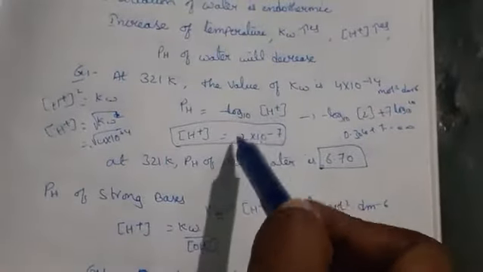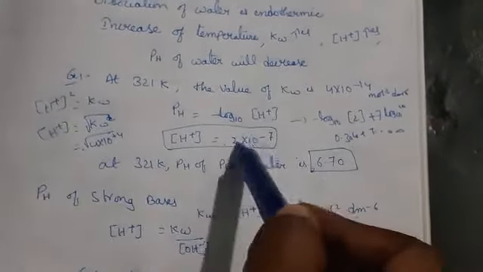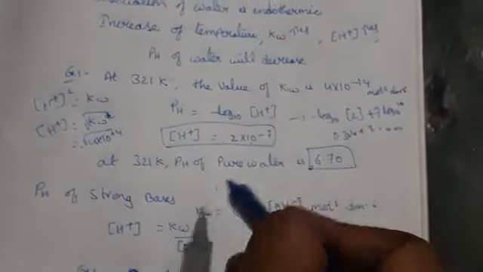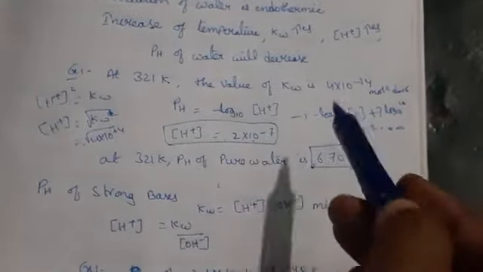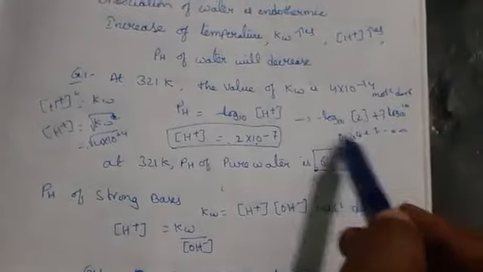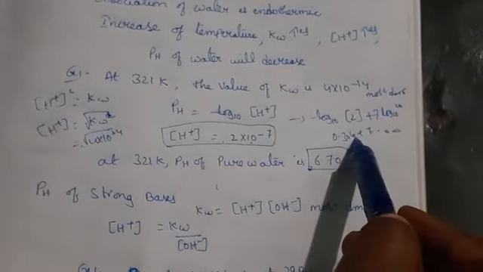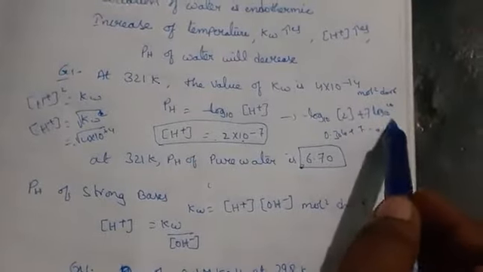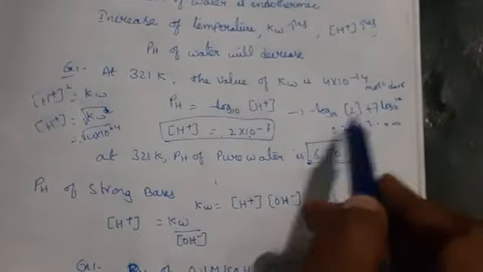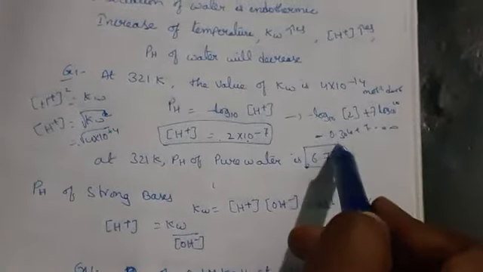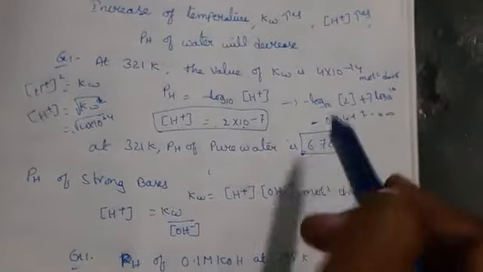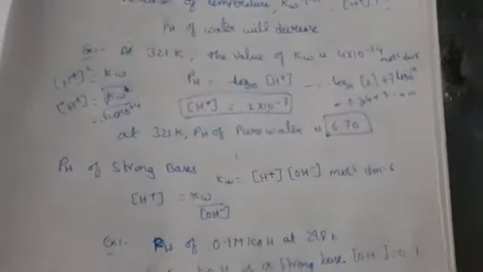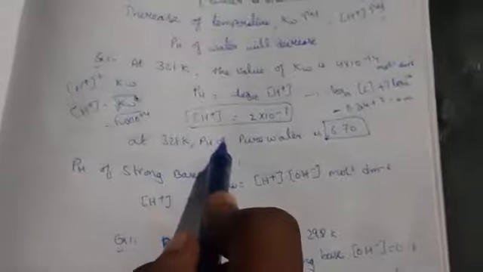So if you substitute the H+ value here, the log AB formula will be log A plus log B. So -log10 of 2 will be 0.3010, and 7 log 10, where log 10 to the base 10 will be 1. So plus 7. When you do 7 minus 0.3010, you are going to get the value 6.70. So this is nothing but for acid conditions.